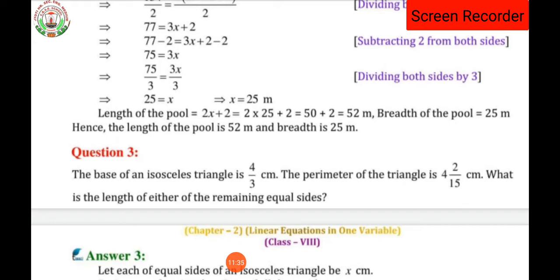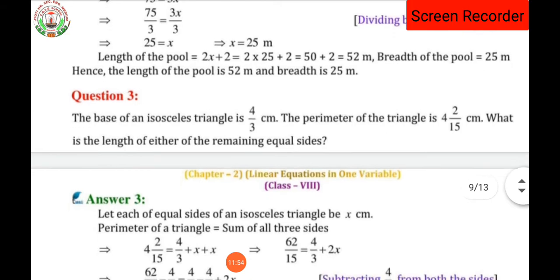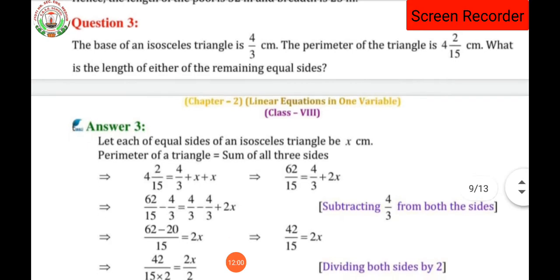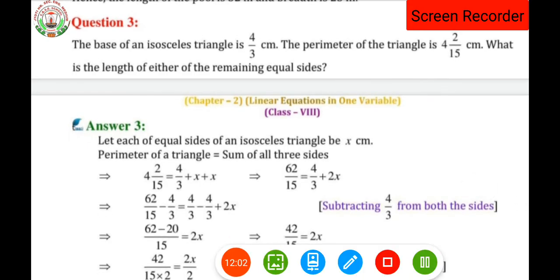The base of an isosceles triangle is 4 upon 3 centimeter. Here which triangle are we talking about? Okay, here it is a triangle whose base is given 4 by 3 centimeter. The perimeter of the triangle is given 4 2 by 15 centimeter. What is the length of either of the remaining equal sides? Okay, so